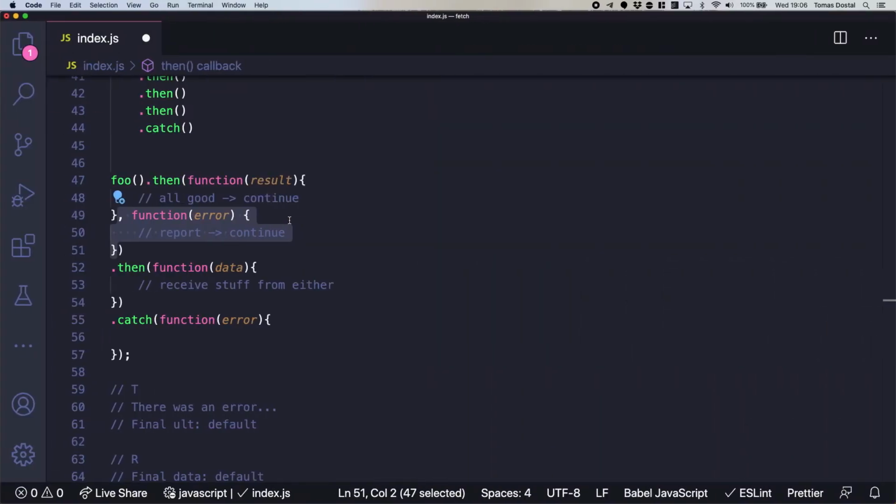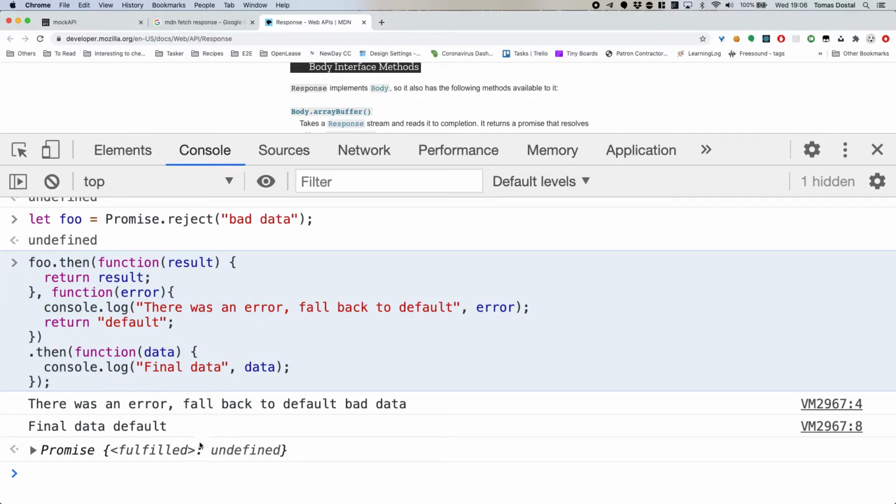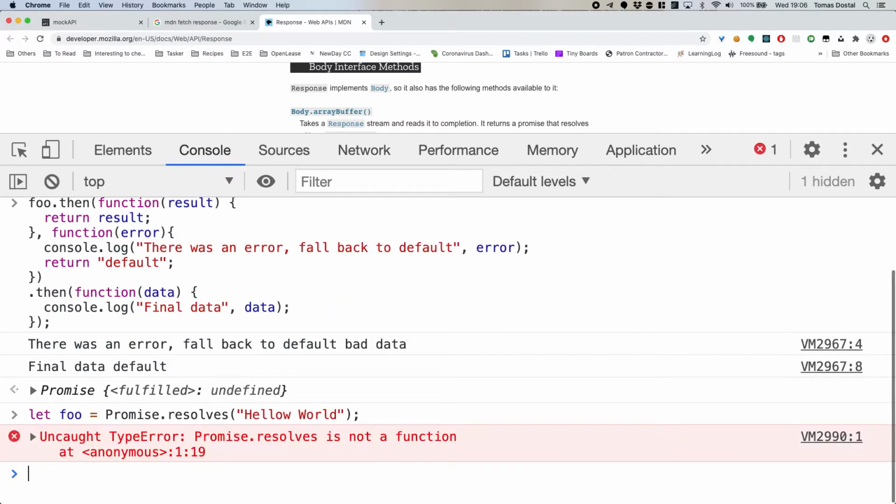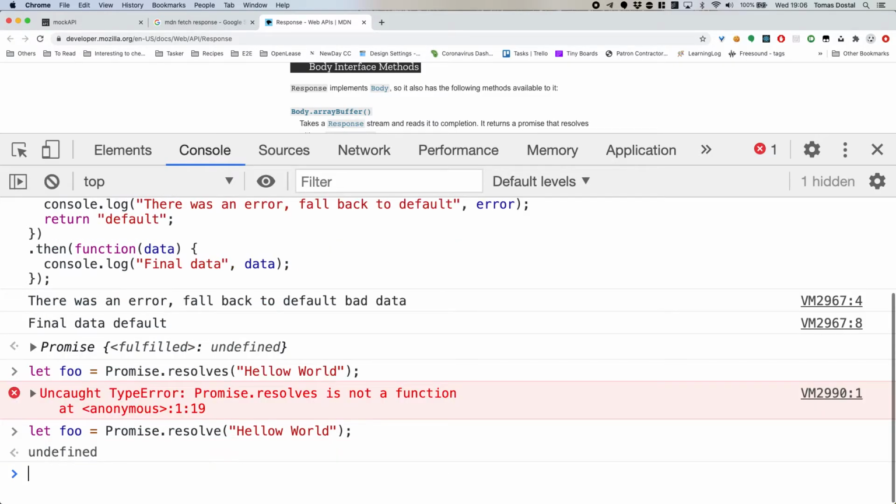So if I show you, just so you see that I'm not joking. If I take this and redefine it, so the promise now resolves with hello world, that's our new promise. So foo now resolves with hello world.